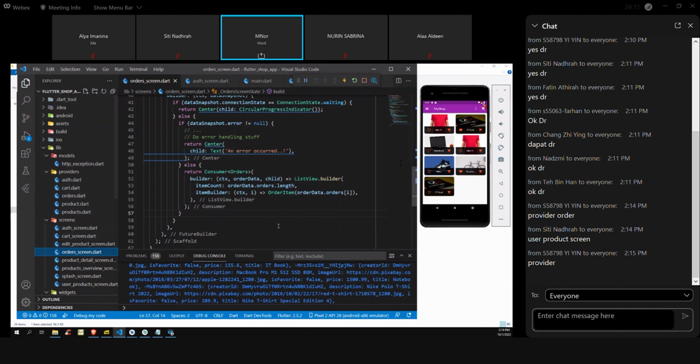In your web application, you learned the MVC concept, right? Model view controller. This one we do not call MVC, but the concept is slightly the same. We also have a model, provider and a screen. Screen is more to the view,